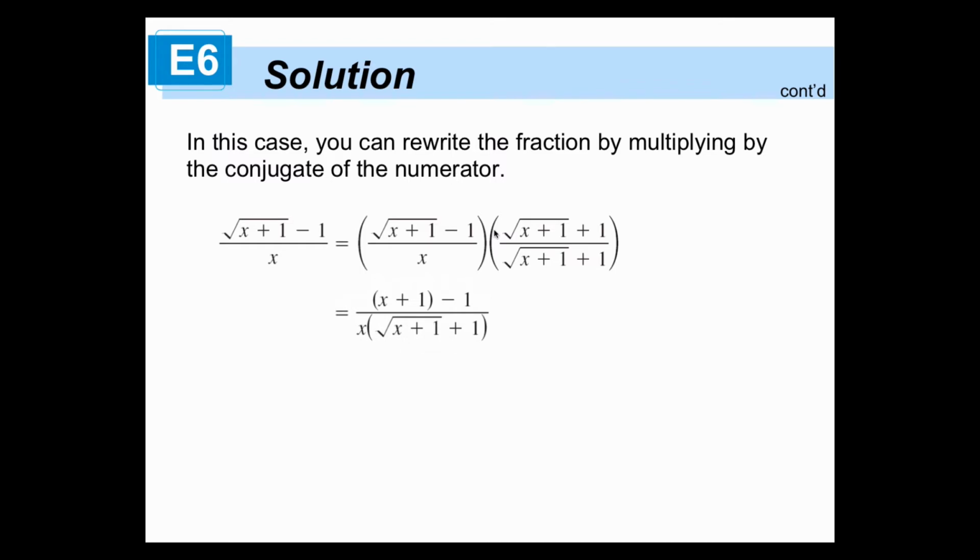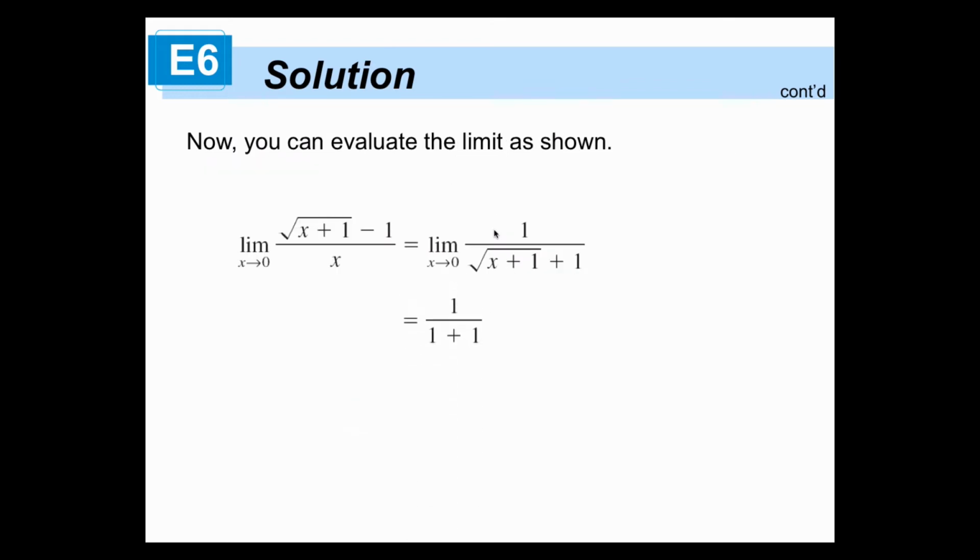Are we okay with that top? Square root of x plus 1 times the square root of x plus 1 is x plus 1. The middle term disappears, and therefore negative 1 times 1 is just negative 1. And again, look at the bottom. It didn't get any nicer, but hopefully, if we did our math correctly, things will clean up a little bit. So obviously 1 minus 1 is 0. Then the x's cancel, and lo and behold, we're taking that as our simplified version. Then you plug and chug, and oh, it works so nice. And we get